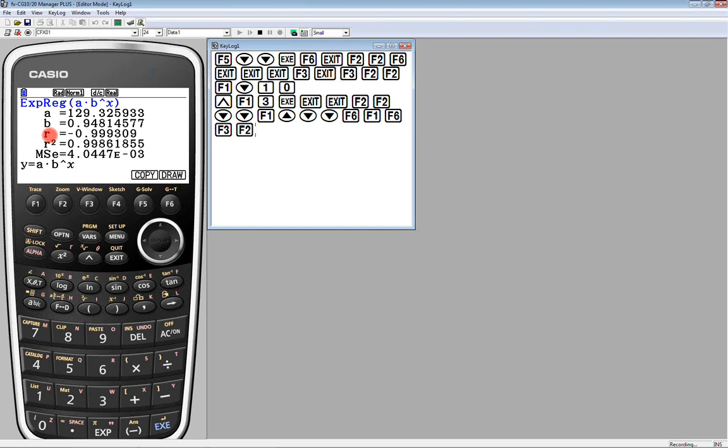So why do we see this r that's so close to -1 on this curved thing? And the answer is, remember when we did the linear regression? That's the exact value of r we got when we did the linear regression.